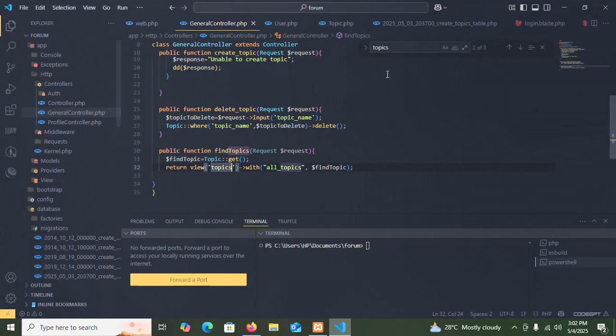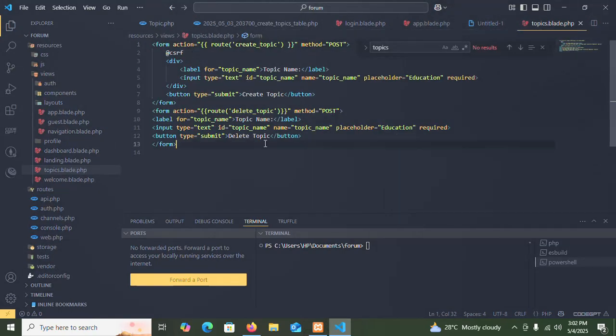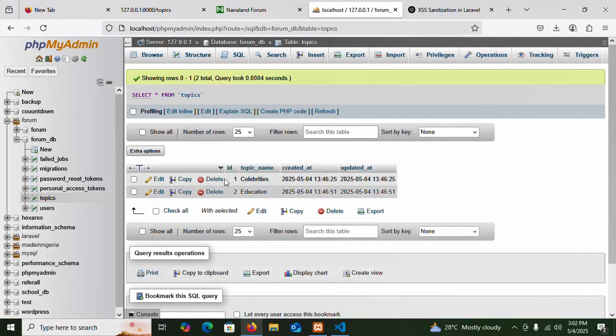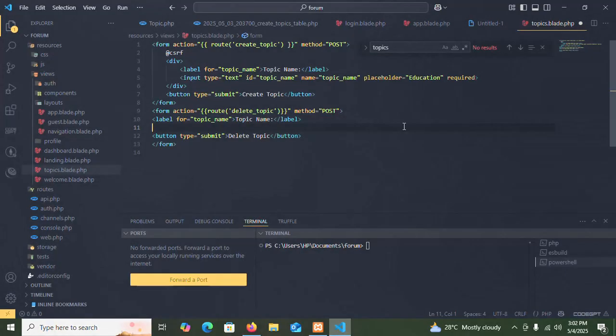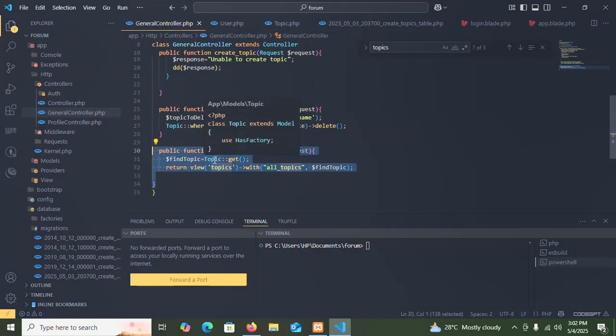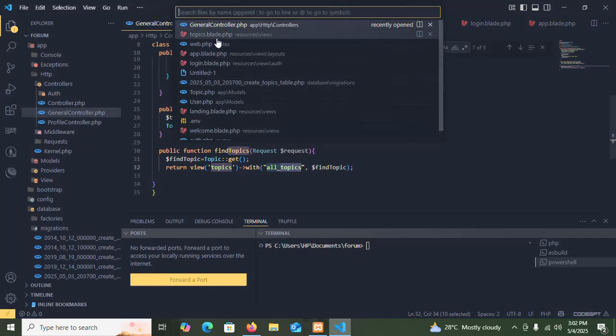Now let's go back to our topic view, which is topics.blade.php. So instead of doing this and passing the name of the topic again, we can just fetch all the topics that are in the database table. That is all the topics that we have inserted into this database table, celebrities, education, those ones, is what we are going to fetch here. And we've passed an alias to them in the find topics method, which our route is hitting and getting everything. So we'll copy this all topics and come to topics.blade.php and say